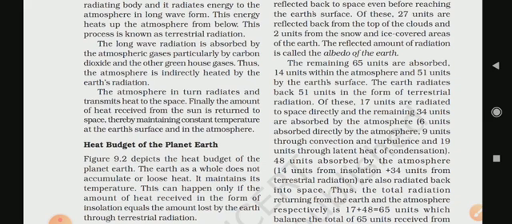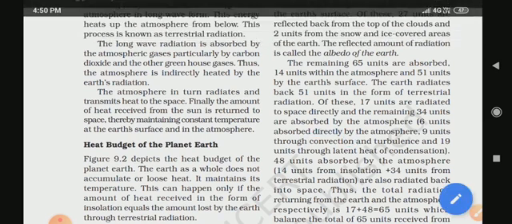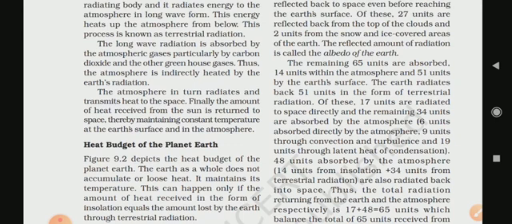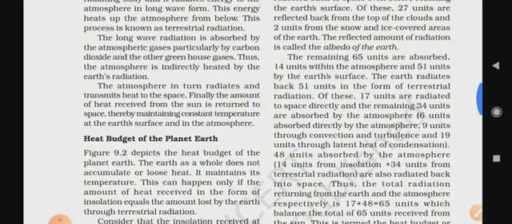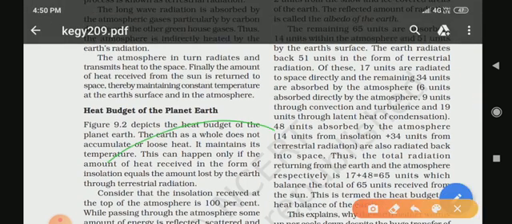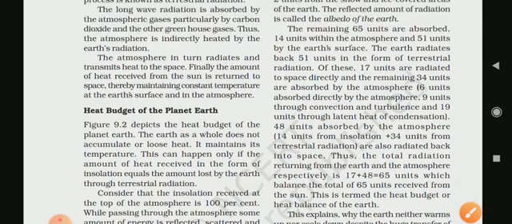It takes place when two bodies of unequal temperature are in contact with one another, and there is a flow of energy from the warmer to the cooler body. The process of vertical heating of the atmosphere is called convection. This is another word, convection and conduction, which I already told you in the previous chapter. The heating process of the land part and the heating process of the water part are different.